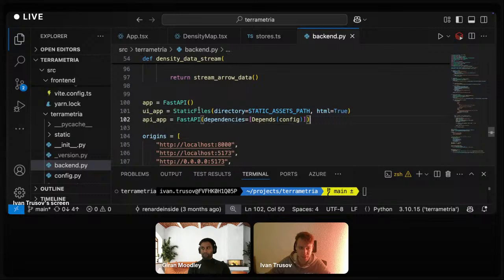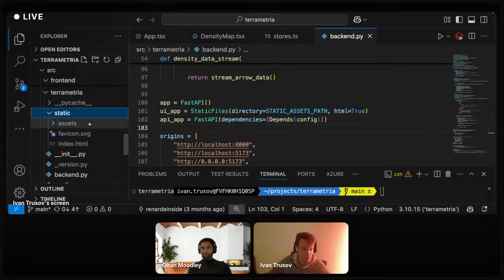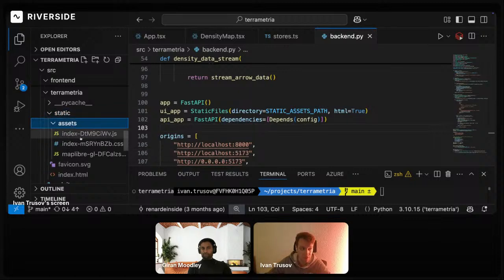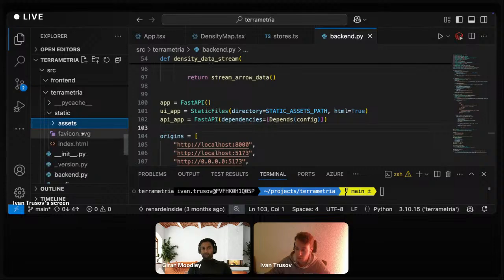I don't like the name static files here because the files are not so static, in fact, because the files that we are serving are coming from this assets path. And if we take a look at this assets path, this is practically an index.html file and a set of JS, CSS, and everything else related to it.